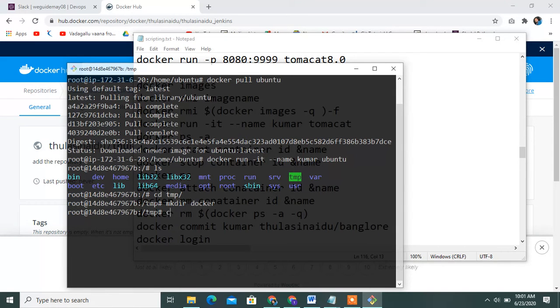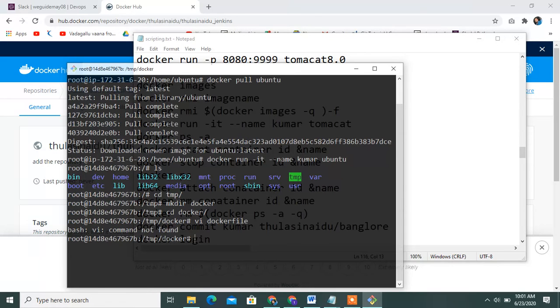Here you can do it. Go to this docker folder and create one file also, Dockerfile. vi command not found.